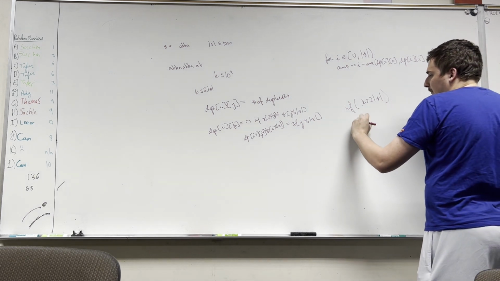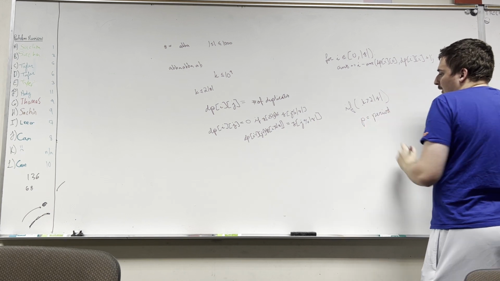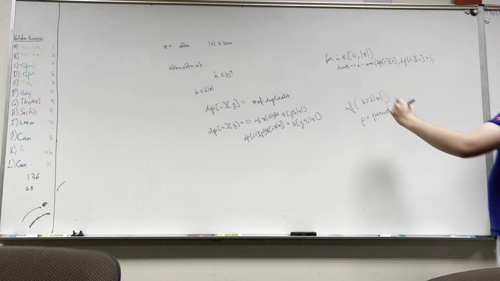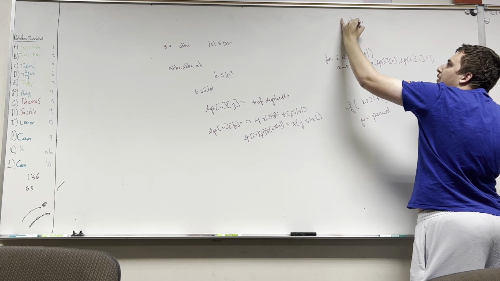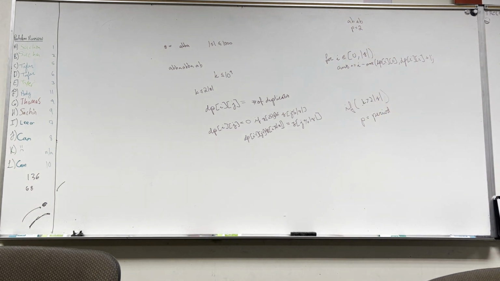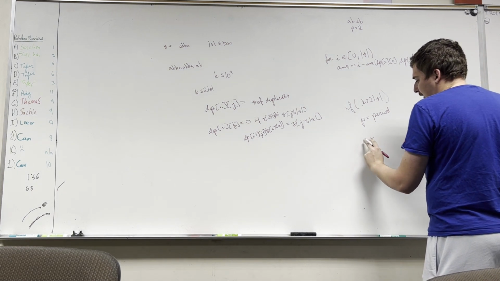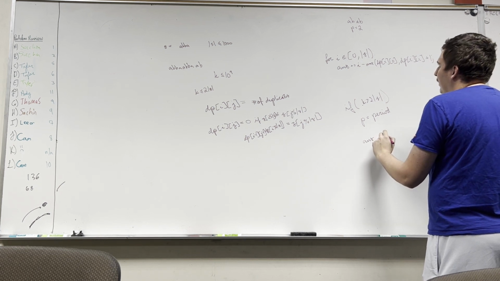So what we can notice is that if we call P the length of the period of our string, so the minimum length of the string such that it doesn't repeat. So if we had the string like AB, our period would be 2. What we can notice is that there's some duplicate patterns going on here. And what ends up happening is that the amount our answer is going to increase in each of these is going to be